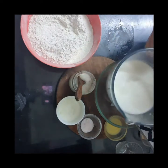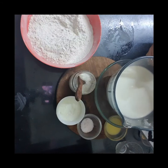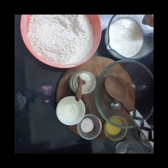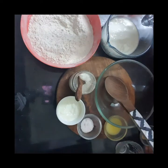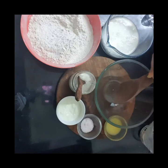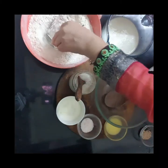And I'm going to use milk for the hydration. Again, you can use water. It is not necessary to use milk, but milk gives some softness to your dough, so that's the reason I'm using milk. Now I'm going to take almost 300 grams